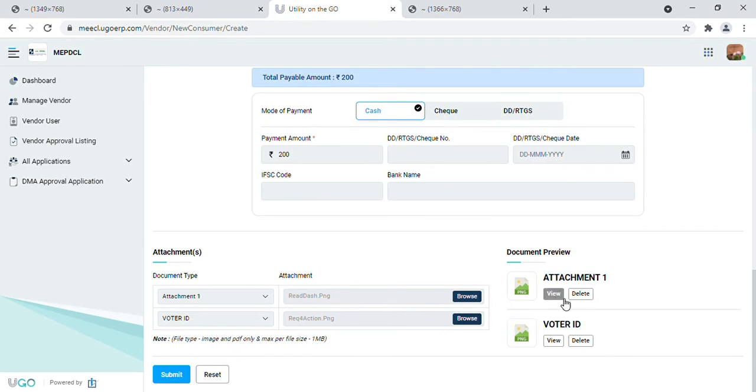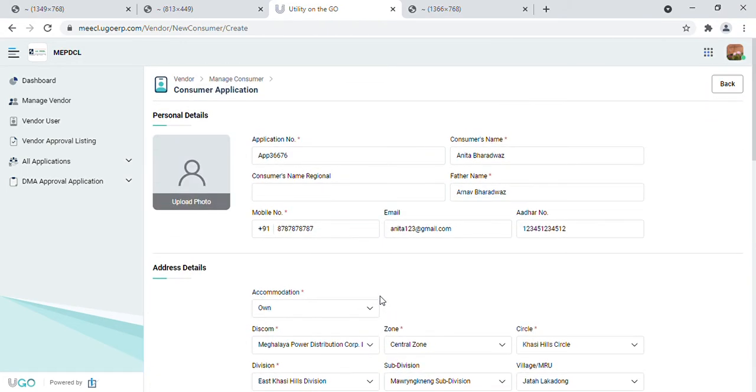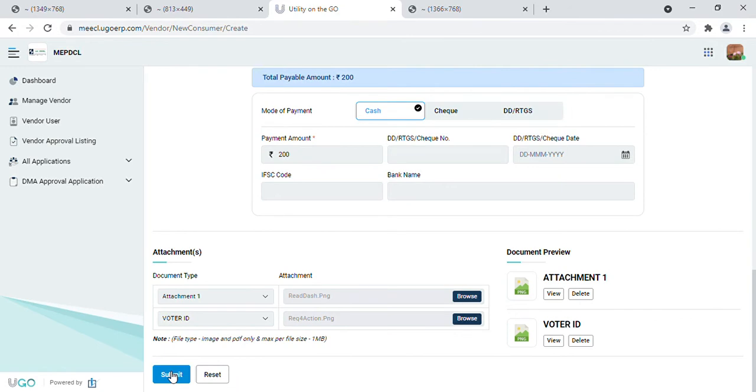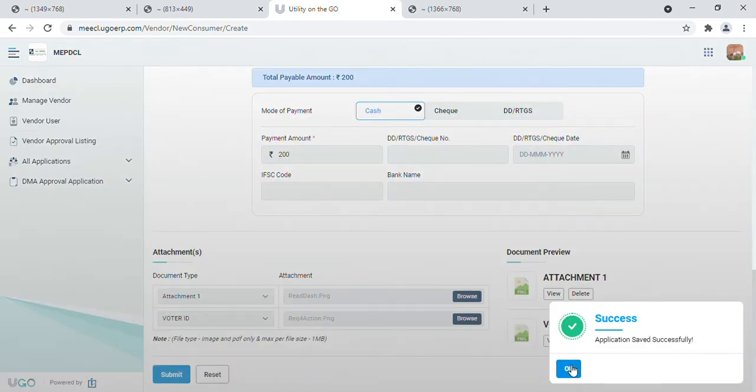You can view or delete. If a wrong attachment has been done, just delete it and upload the new attachment. Image of the consumer can be uploaded from here. Otherwise, it's optional. Click submit. Application saved successfully.